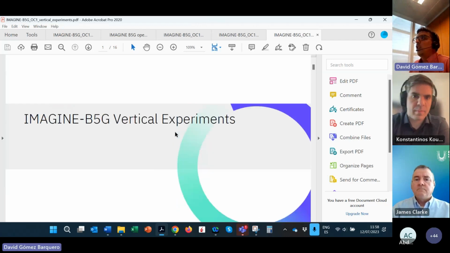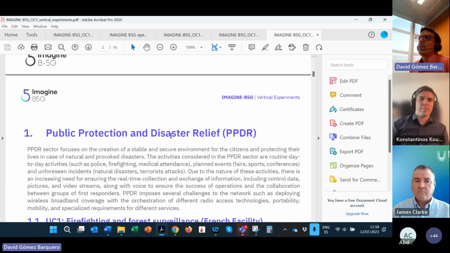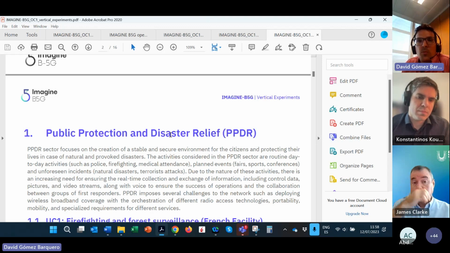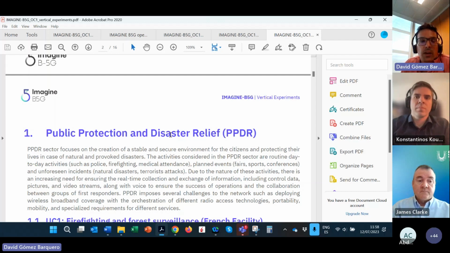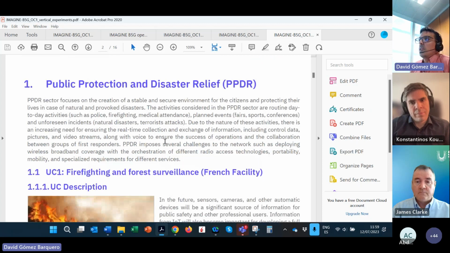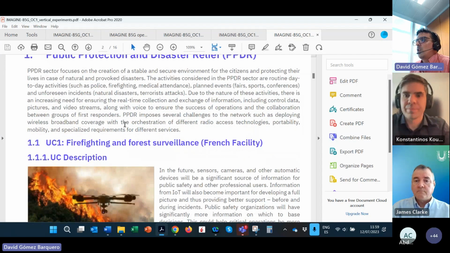Okay, and then in this document with the vertical experiments, again, this is a list of use cases that we intend to demonstrate, because we have the scenario and the facilities, I would say, not ready. So not all these use cases will be ready for the first open call, but we are very interested to look for companies that could work with us to make these vertical trials and pilots. And it could happen that some of these use cases, once we receive a given